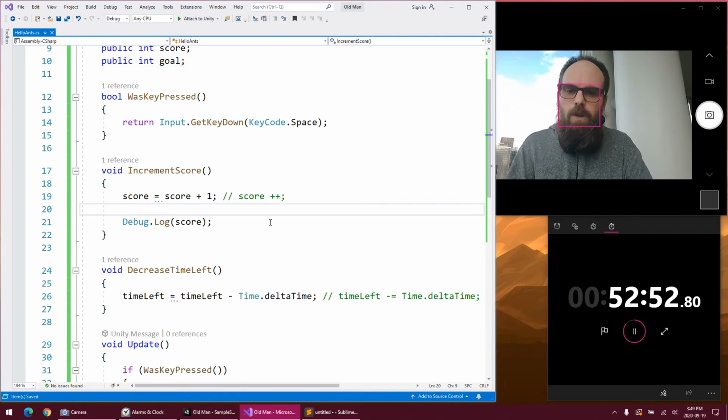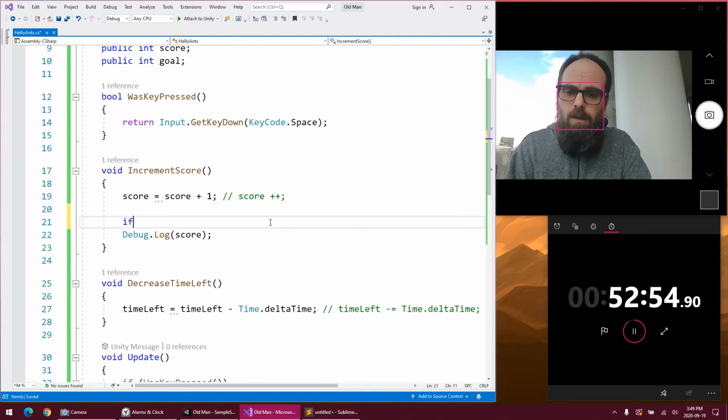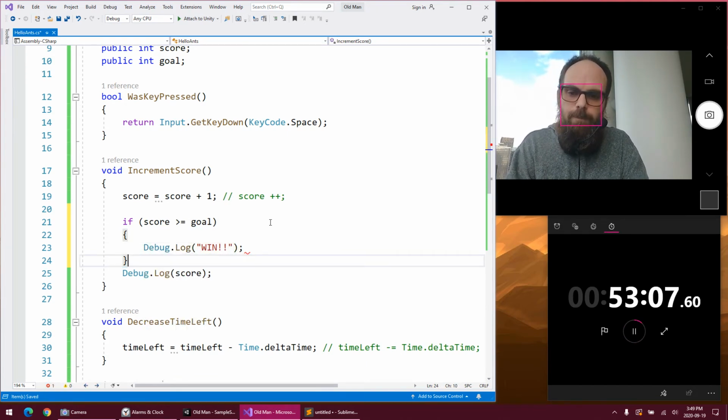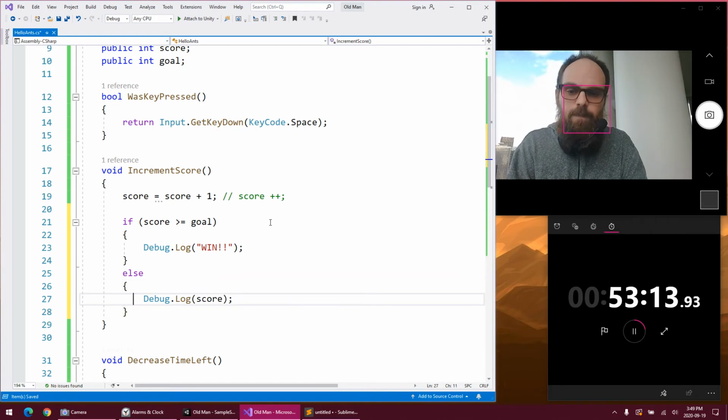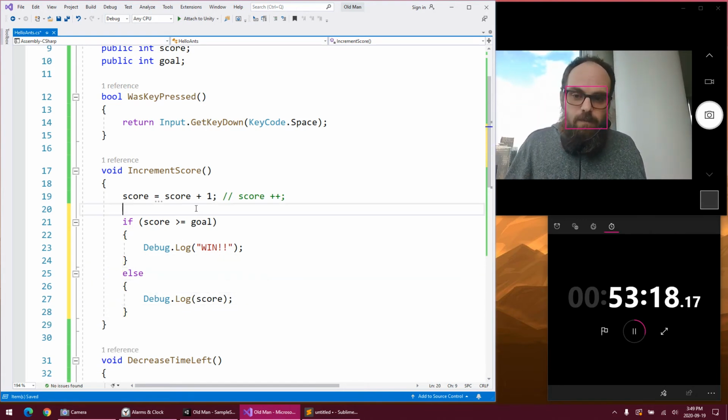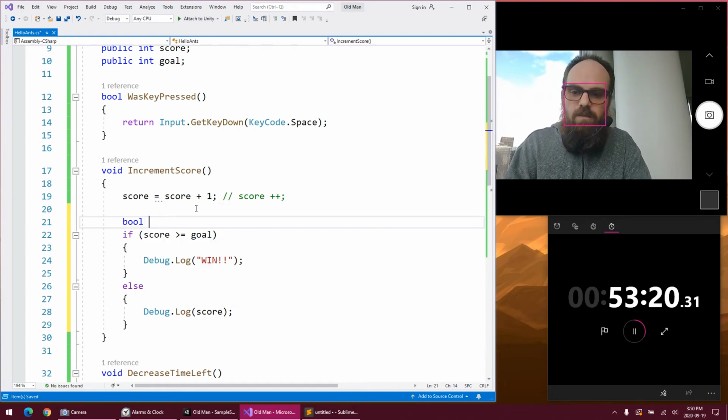Now, when you increment the score, if the score is greater than or equal to the goal, you win the game. Otherwise, if you haven't won the game, we just output what your current score is. Nice and simple. If we wanted to learn a lesson from before,